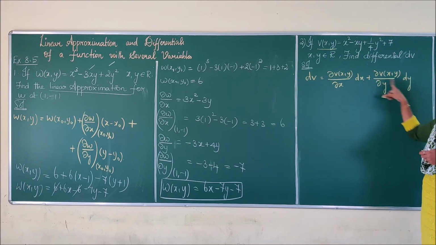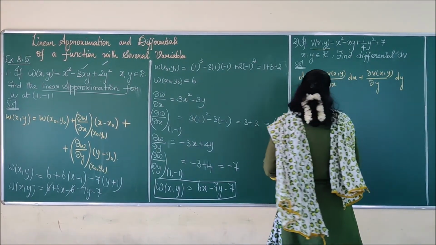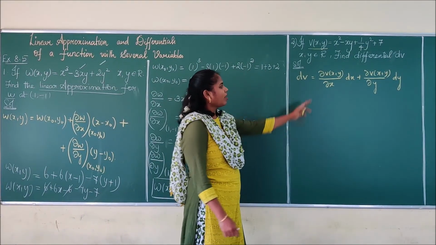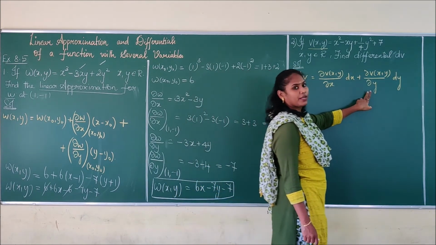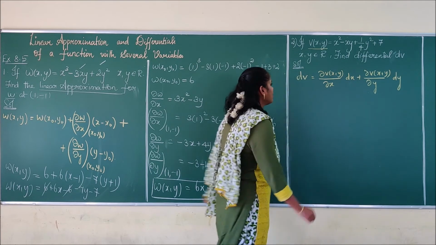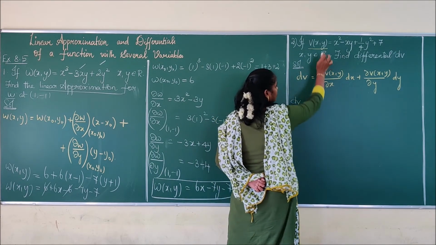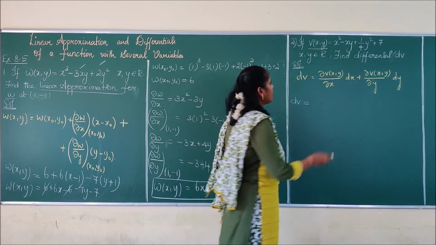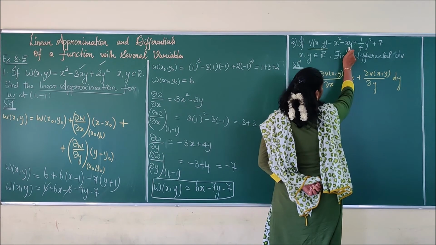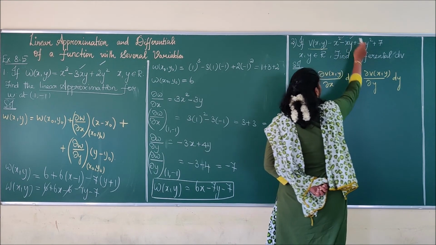Here dx and dy are the differential operators, okay? And we have to find only ∂v/∂x and ∂v/∂y. That is enough, okay? So what is my dv? dv is nothing but ∂v/∂x, and I am going to differentiate v partially with respect to x. So I have x here, but I don't have x here, so it is enough to differentiate these two.